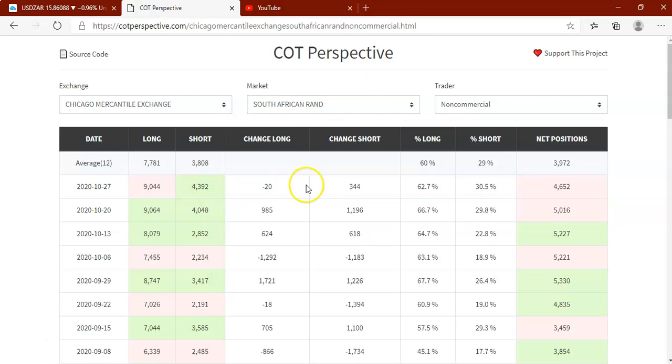Because that's past, we are doing what we call a previous week technical analysis. That means we don't check last week Friday, we check last week. Even if you can see they have more positions on long than on sell, if you take a closer look, there is a change on long and a change on short. So last week, if you check here,